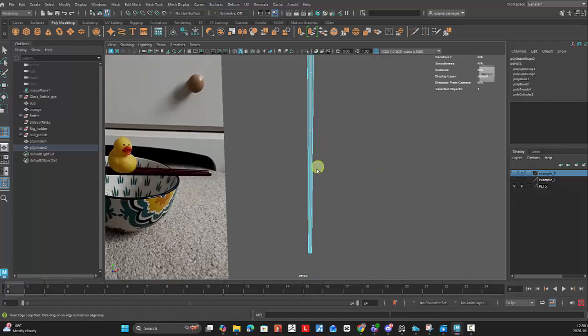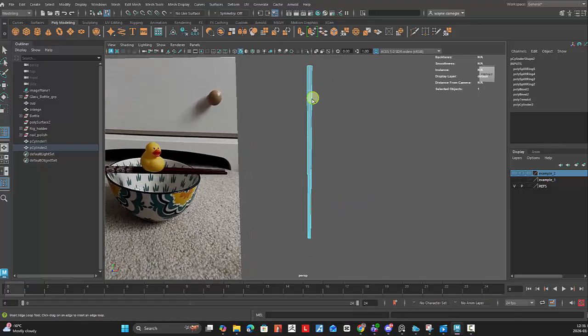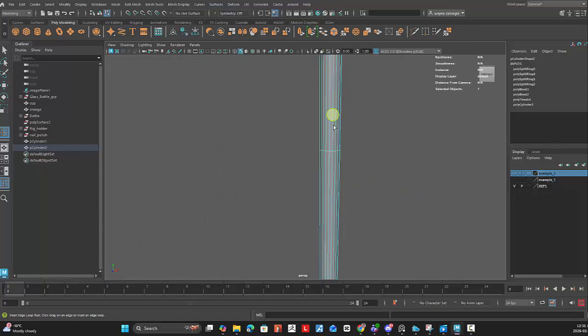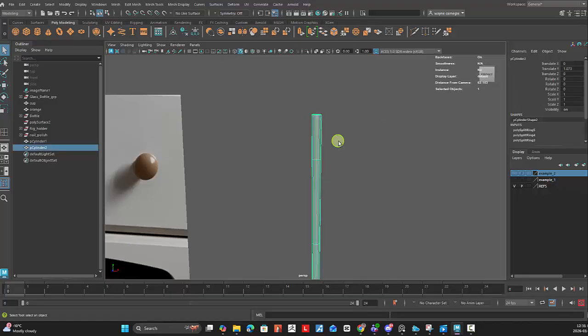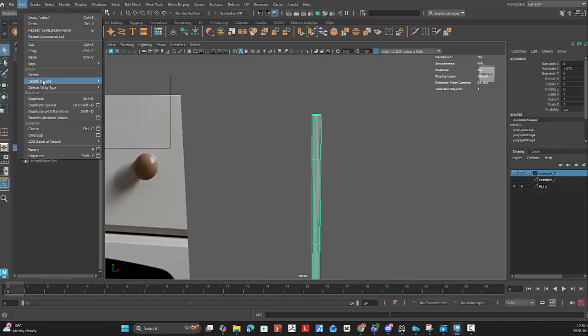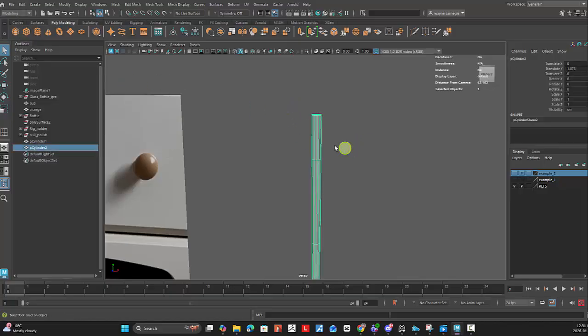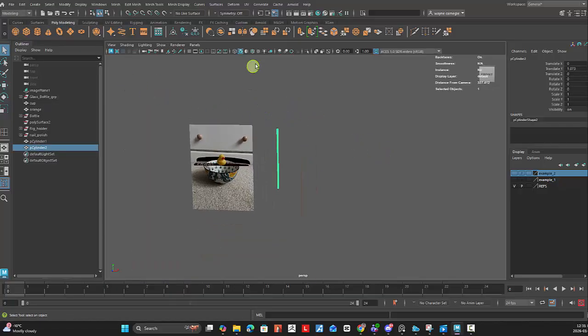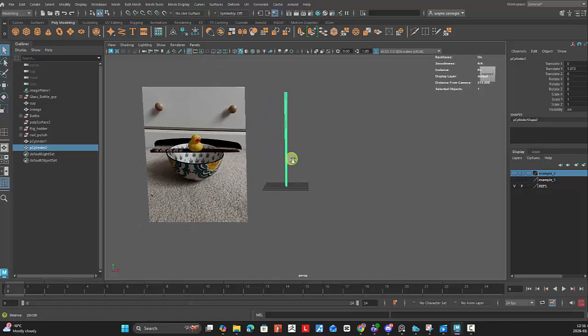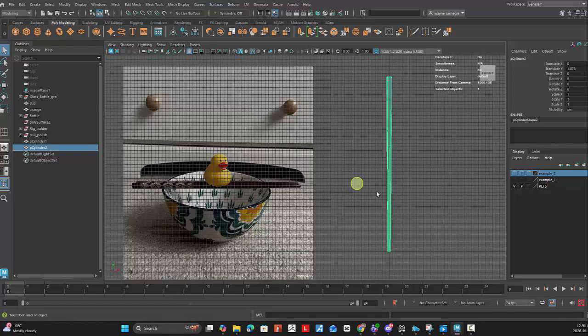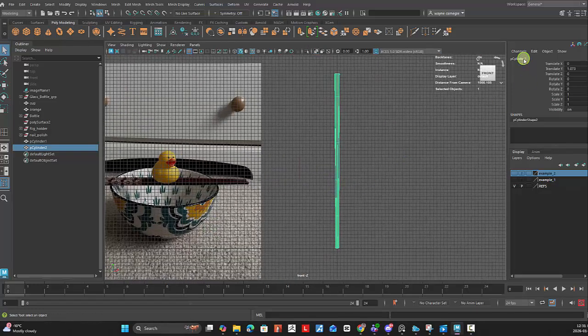So I kind of just put 4 going this way because we have so many of these lines going the other way. Okay, cool. All right, so I'm going to select that. As soon as I'm done, I'm going to go edit, delete by type history, and I'm going to turn back on my grid, and I'm going to hit spacebar again, and I'm going to name this